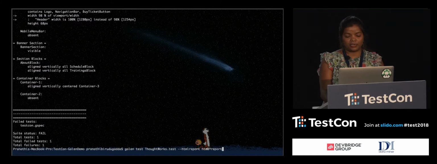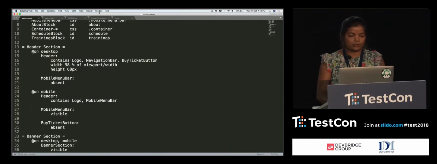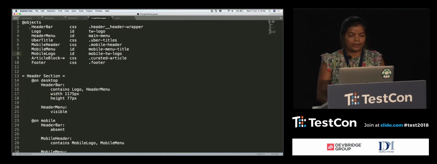So I'm going to try our ThoughtWorks website, which is the company I belong to, and see if that's going to work. So I'm going to quickly show the ThoughtWorks spec file too. It looks something like that. I defined a bunch of elements and I defined how they have to be looking like. And the other things that I've defined is